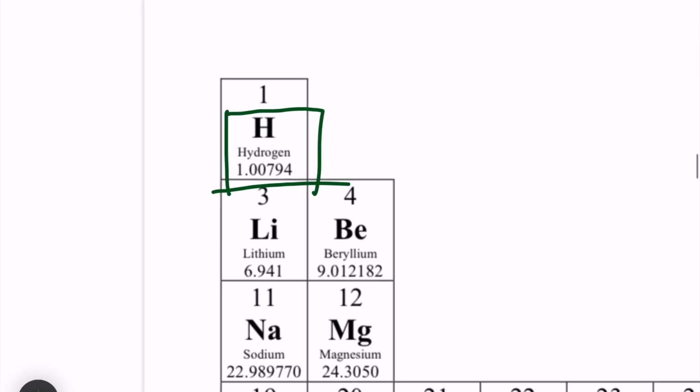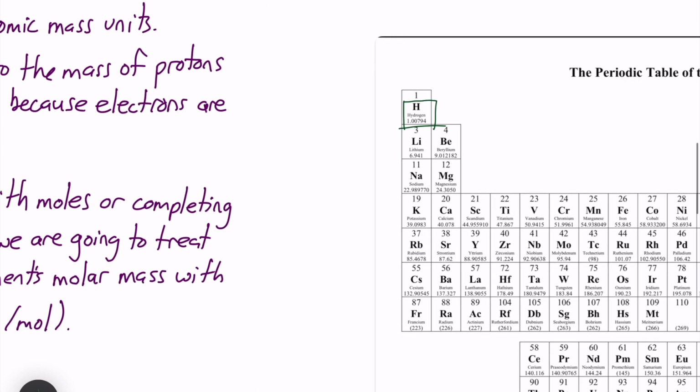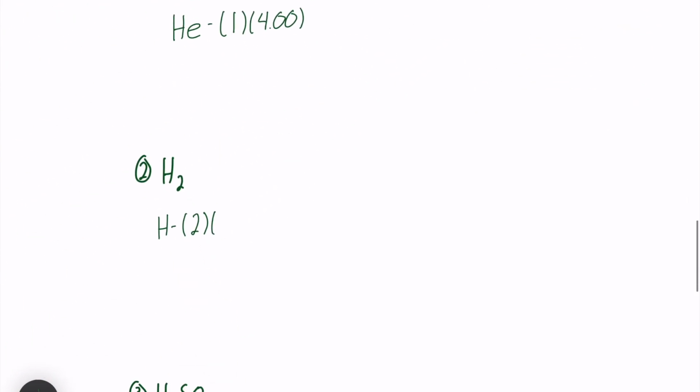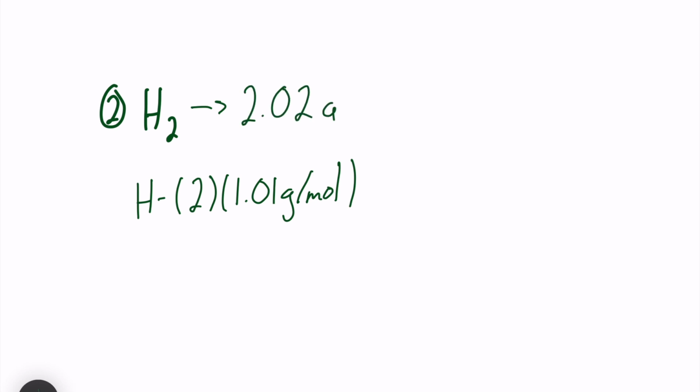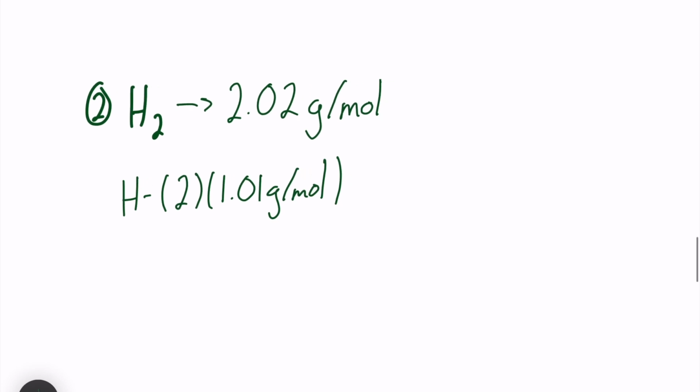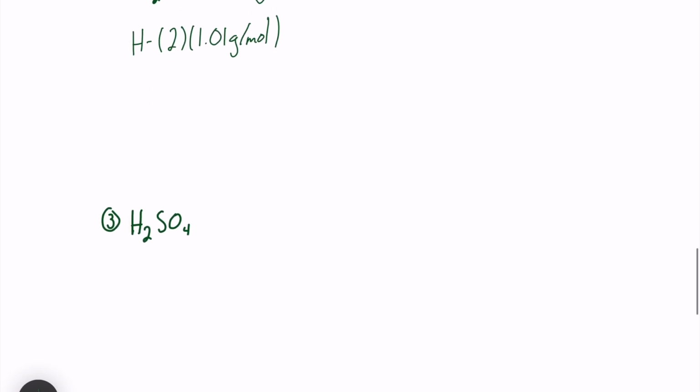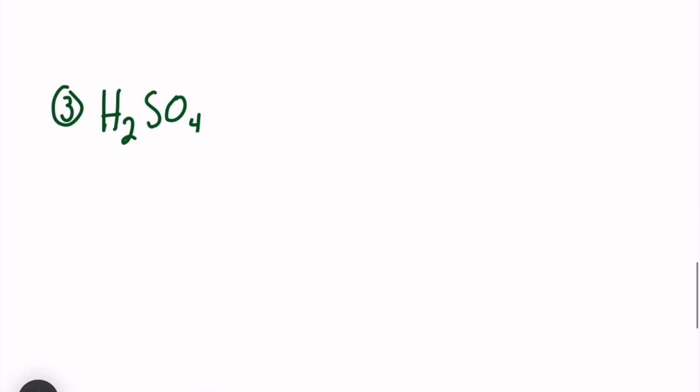Okay. And since there are 2 hydrogen atoms, we must multiply that by 2. So we'll go 2 multiplied by 1.01 grams per mole. So H2 has a molar mass of 2.02 grams per mole. Okay. All right. We got 2 more examples. We are going to get a little bit more complicated here. Right now we are going to look at